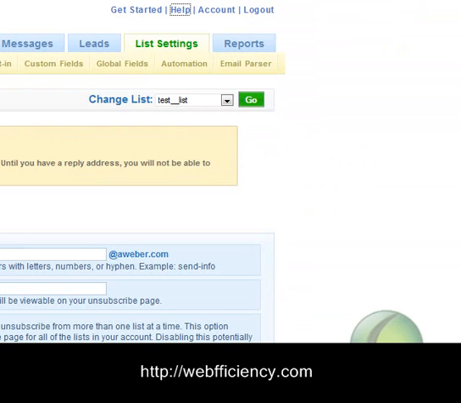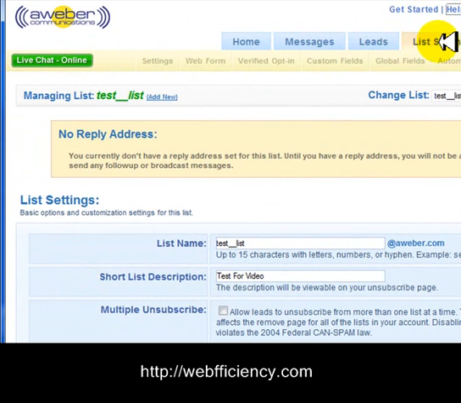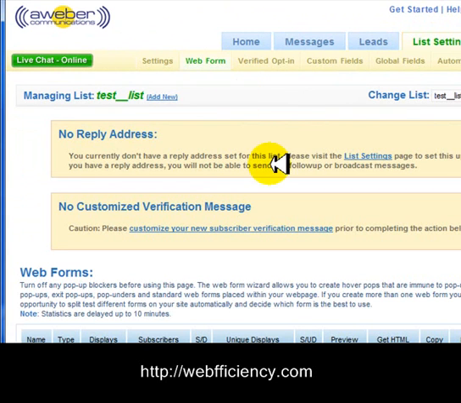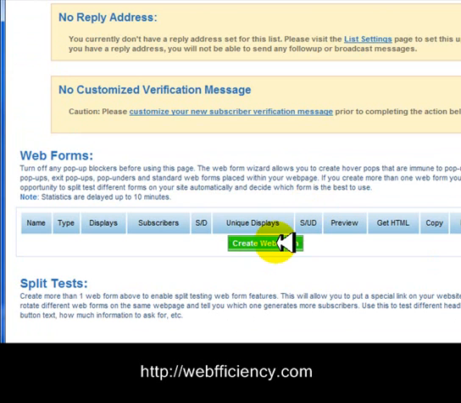Alright, go ahead and save all those when you've got them, and now we're going to create a web form. So you need to scroll up to List Settings and go to Web Form. This is going to be vital to your campaign, so this is what's going to allow you to capture email addresses. So go to this Create Web Form button,